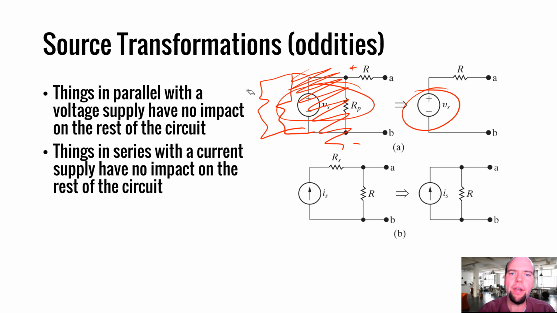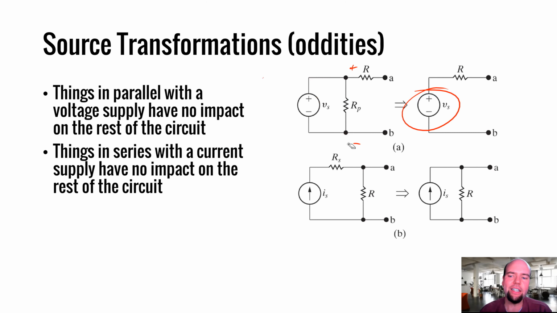So anything you put in parallel with a voltage supply still matters, right? It's still burning current. It's still burning power. Putting things in parallel with a voltage supply doesn't mean they don't exist. It just means they don't impact the rest of the circuit. So whenever you have something in parallel with a voltage supply, you can get rid of it for the purposes of simplifying the rest of the circuit. Now, if you were looking for the current through RP, obviously that's easy to find, but you wouldn't want to get rid of it for simplification purposes. But if you don't care about RP,